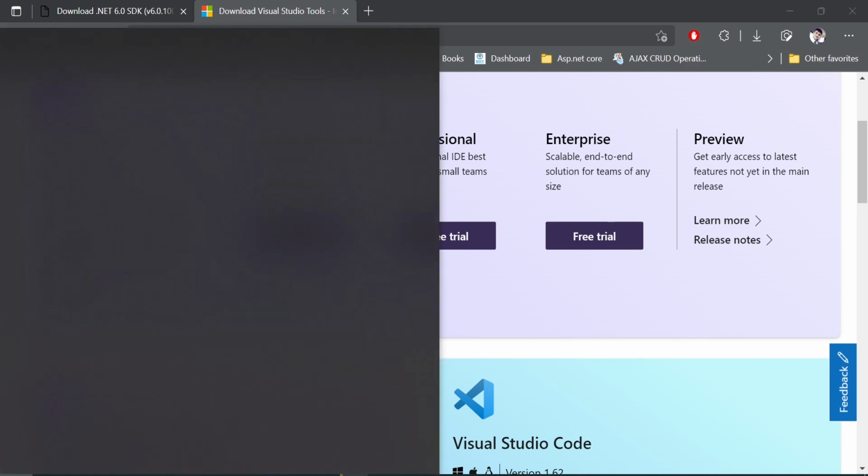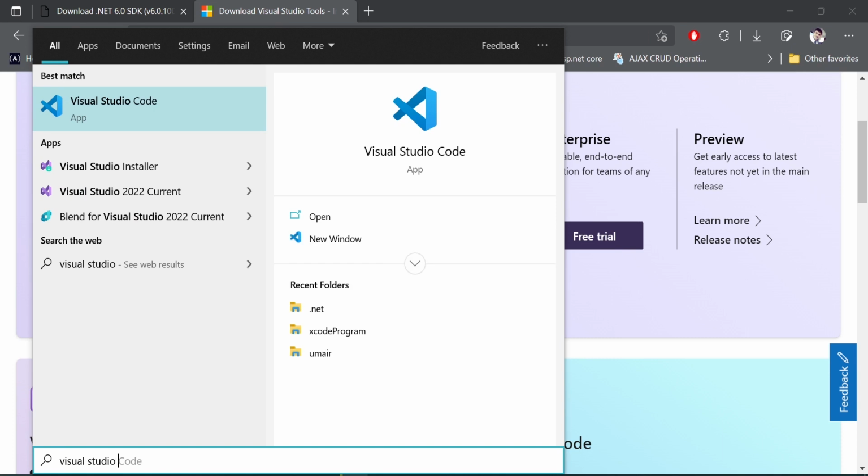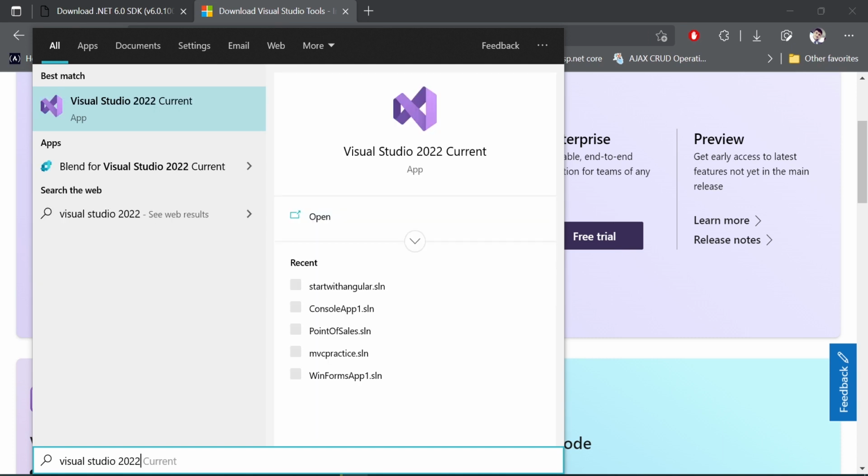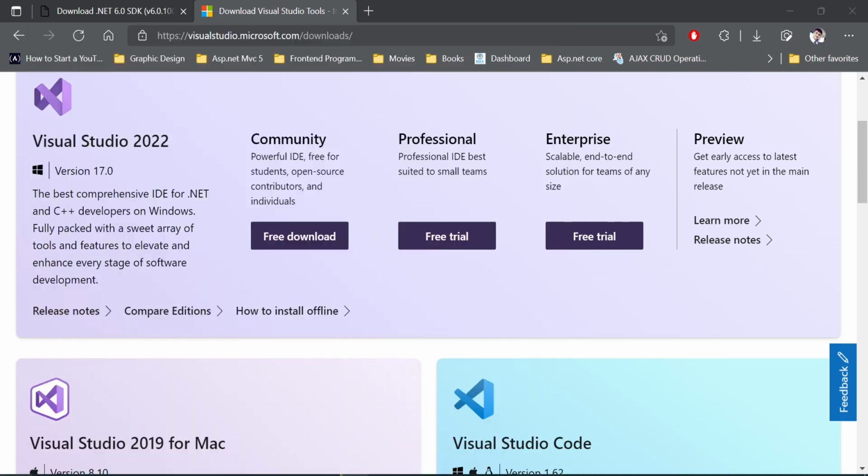Here I have already installed Visual Studio 2022 current, and it has automatically installed SDK within my system. If you don't know how to install Visual Studio 2022, you can check out my video that is given in the description.